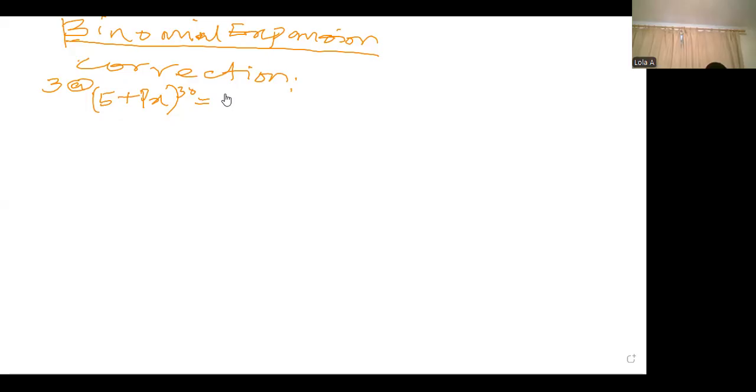Is that clear? You don't need to make it explicit so that it will be easy for you to simplify further, which you will see in my own attempt now. We are to do the first three terms. So I will use the combination approach, meaning that I'm going to have 30